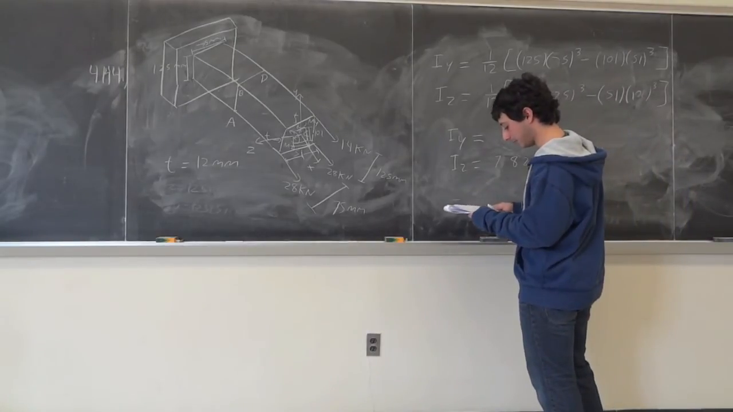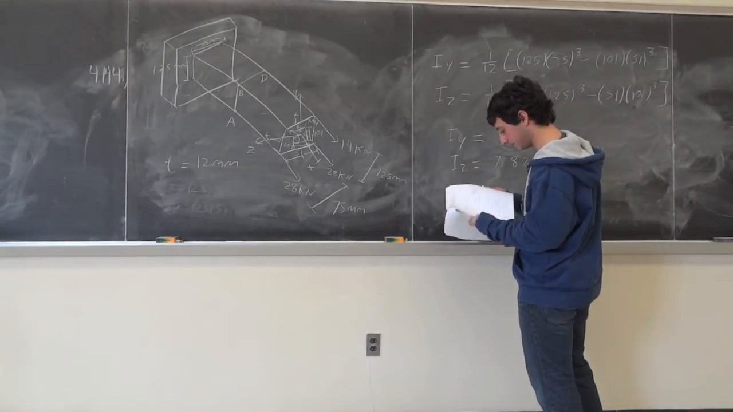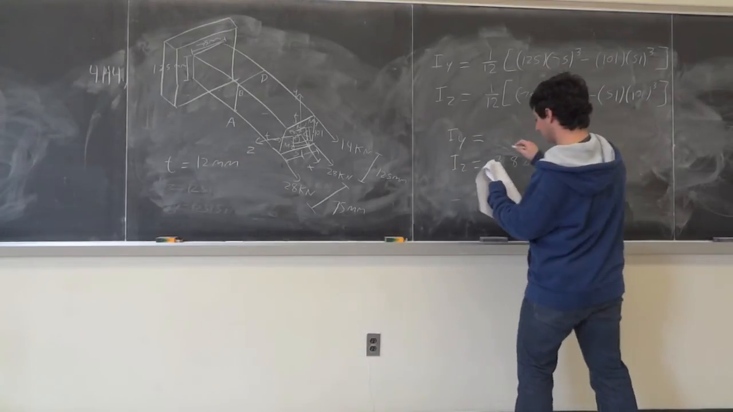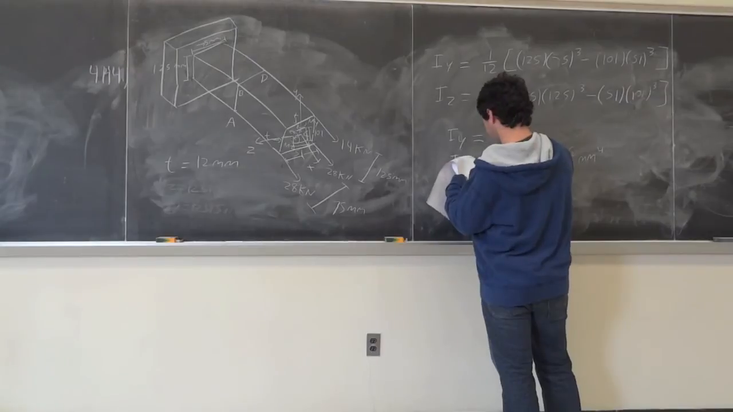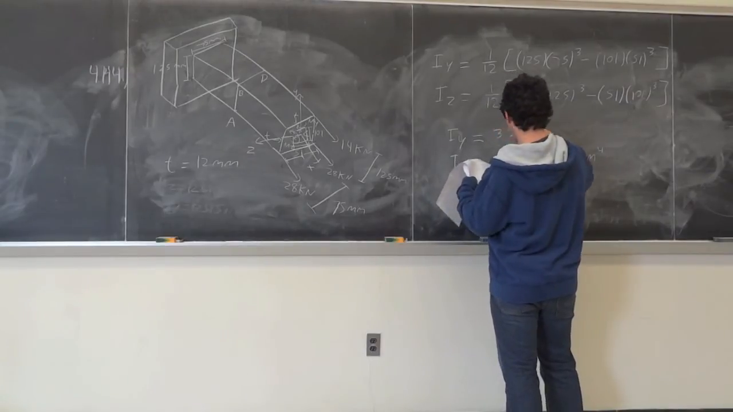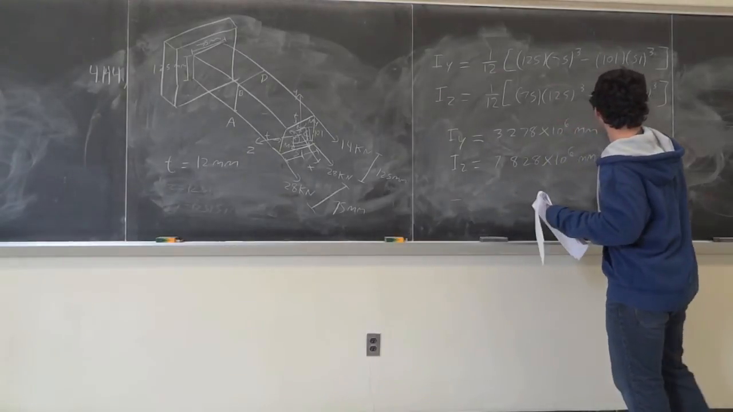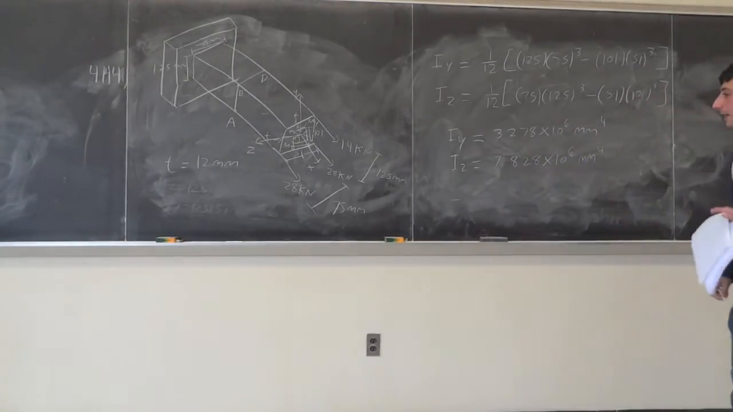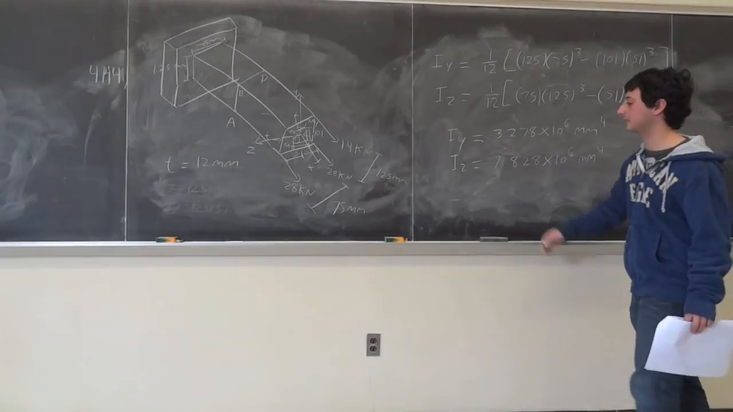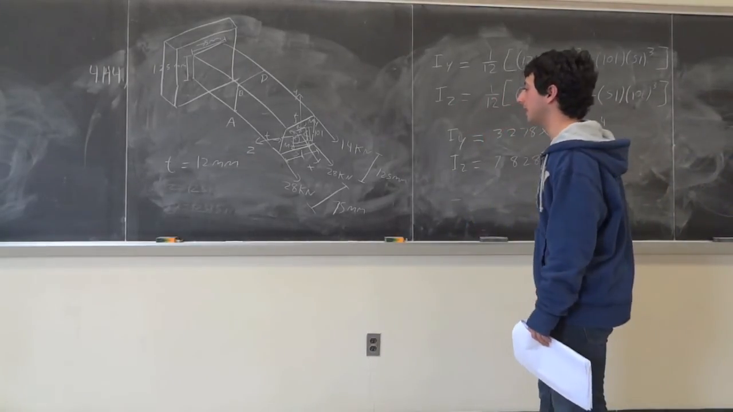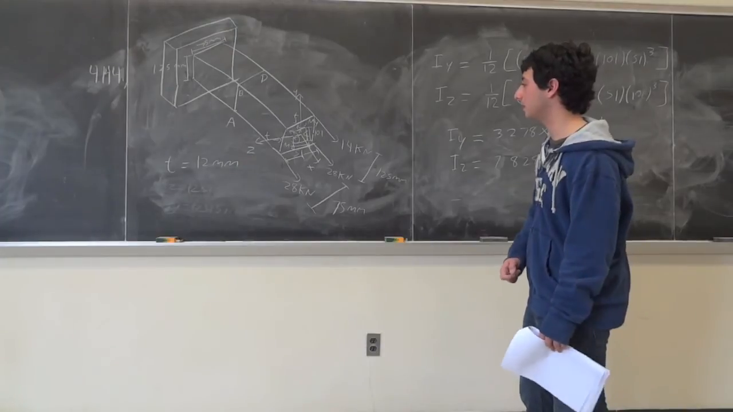and Iy, where is it? On this page. This is equal to 3.278 times 10 to the 6 millimeters to the 4th. Okay, so we got the total moment of inertia around the y-axis and the z-axis. We calculated the moments. What's next? Now we just have to find,